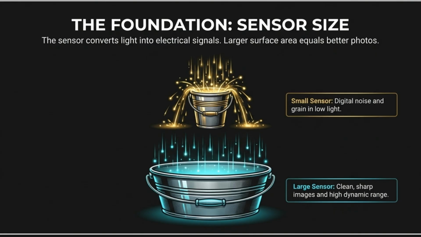The true foundation of a great camera is the sensor size. The sensor converts light into electrical signals. A larger surface area collects more light, which results in clean, sharp images with high dynamic range, even in low